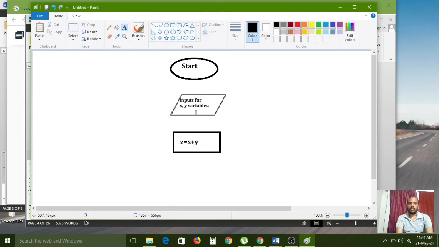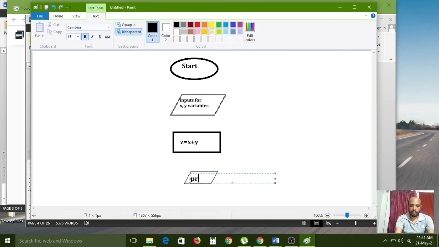After that, again this symbol, because we need to print that z value, the sum. For that, the output symbol we have to use. So the output symbol is nothing but this one, print z value.